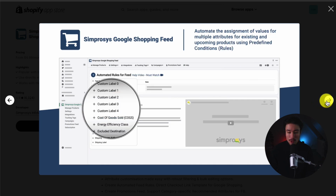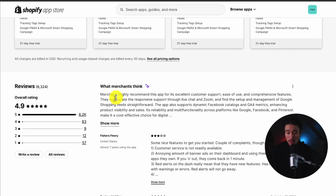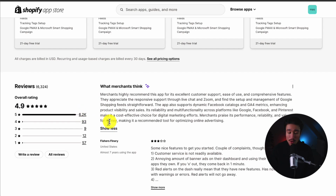and it helps to automate the assignment of values for multiple attributes. In terms of pricing, for up to 500 products, it's $5 per month, and it goes up in price depending on the number of products you have listed, with up to 10,000 products being $17.99 a month. In terms of reviews, it's sitting at an excellent 4.9 stars with over 6,000 5-star reviews. According to the AI summary, merchants highly recommend this app for its excellent customer support, ease of use, and comprehensive